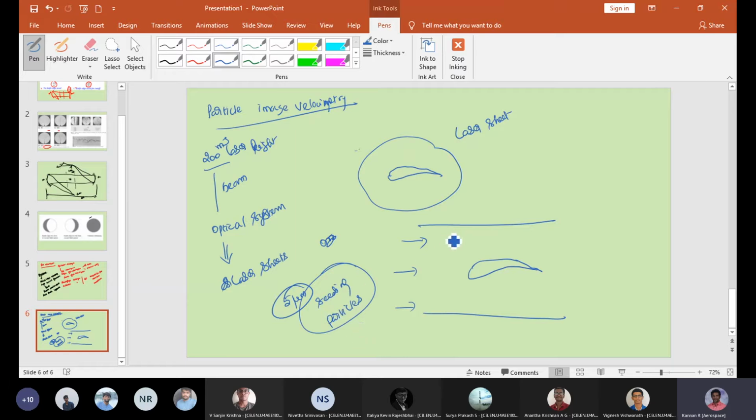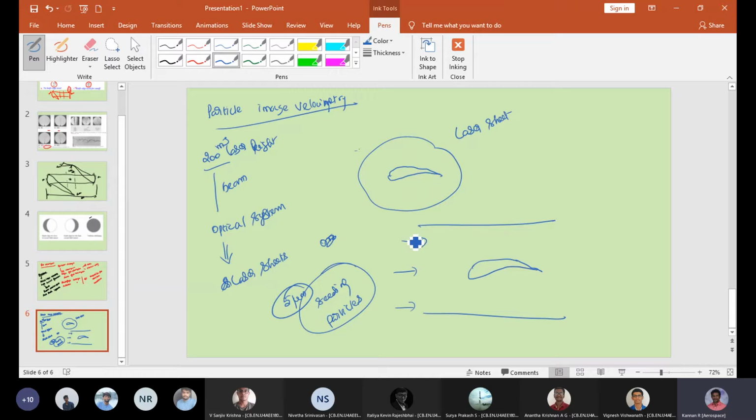For example, if we are going to use a bubble, what will happen? They are buoyant in nature, so instead of behaving according to the flow, it also has its own buoyancy. It's going to move up. Or if the particle size is larger, because of gravity, it's going to come down. So that effect should not be there while using it as a seeding particle.